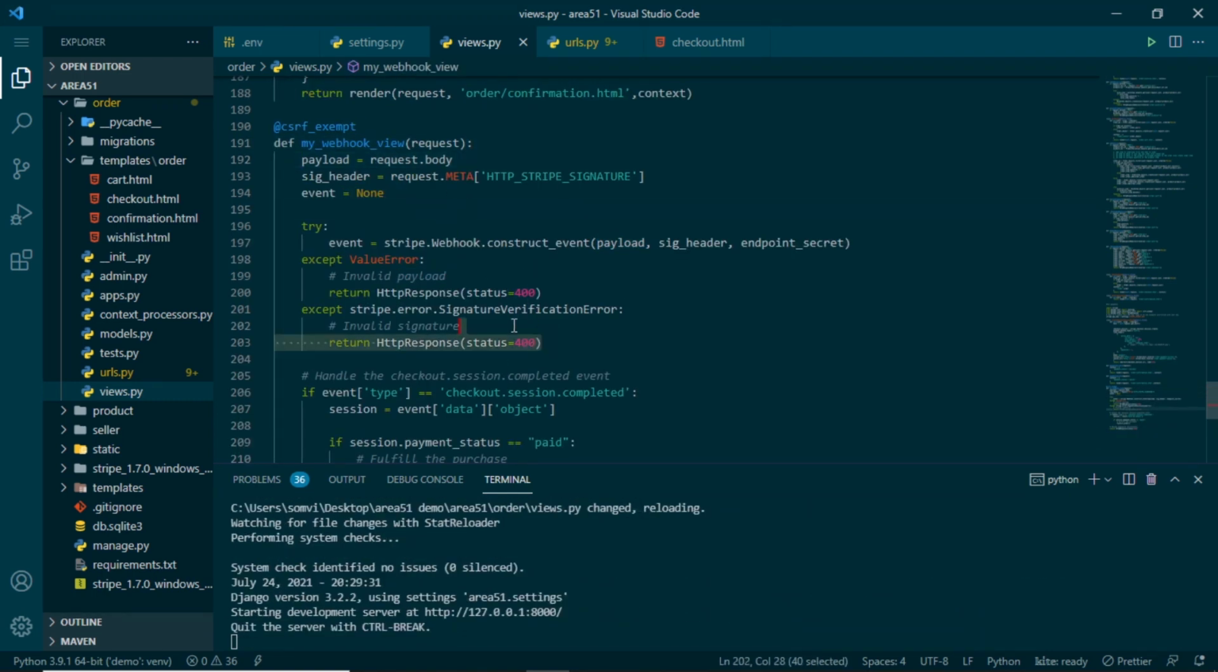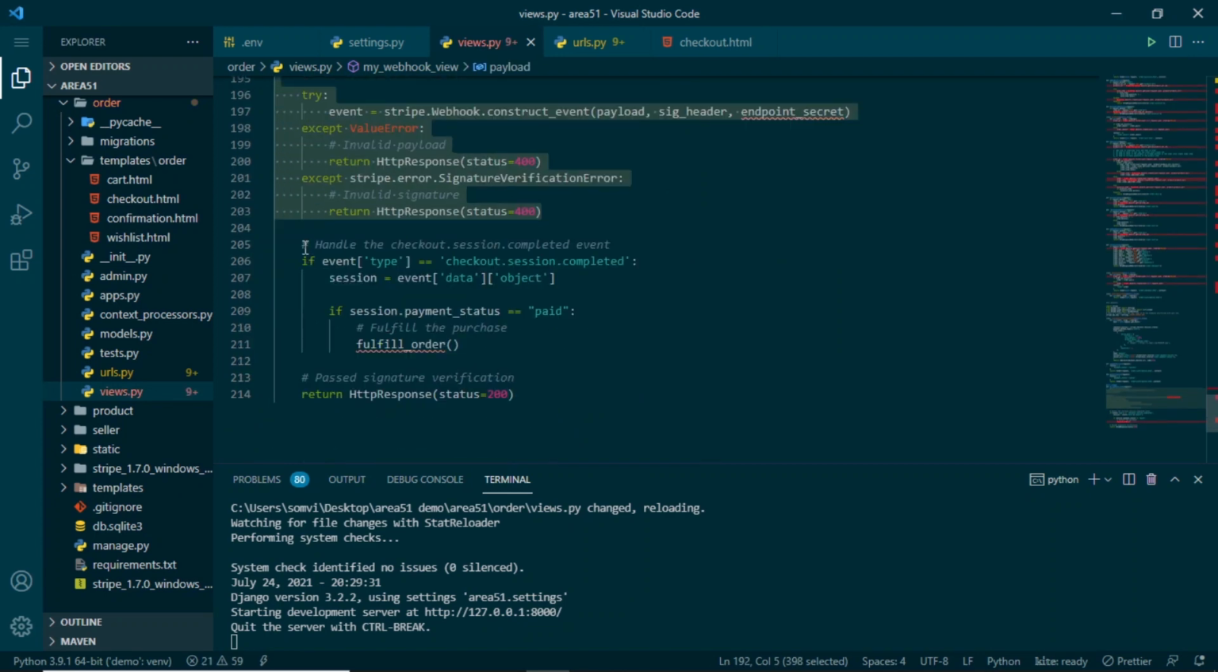Now until here, this is something from Stripe. After that, we are checking for the checkout session completed event. So we are checking if event type is checkout session completed, which means our session is completed properly. Then we will take out the session using this, and if session.payment_status is equal to paid, we will use a